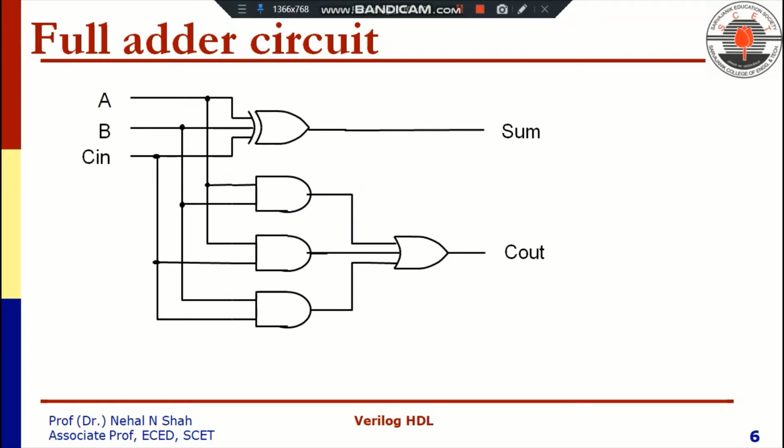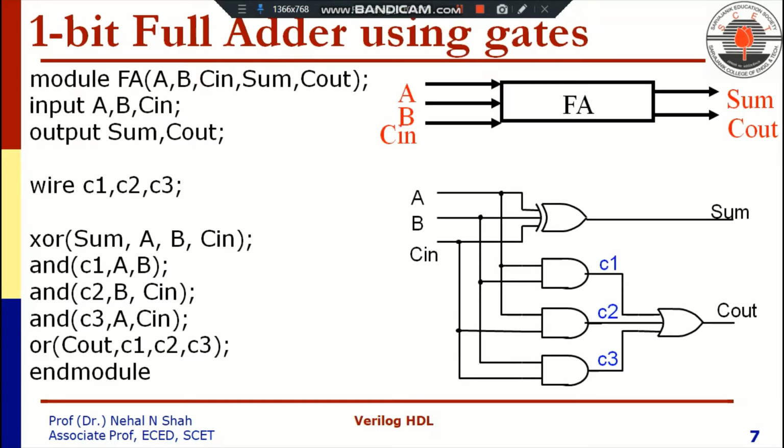When we use circuit for writing a code, we can call that as a structural modeling. So in case of structural modeling, A, B, Cin, they will define as an input for our full adder. Sum and cout, they will be the output of our full adder. In addition to that, to connect 3 AND gate, we need to use 3 different wire, which is shown over here in this figure as C1, C2, C3. These 3 wires are connecting AND gate with input of the OR gate. So we need to define this wire in our Verilog code.